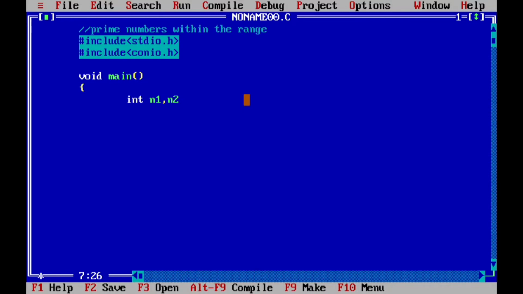These variable names are your wish, but you should follow identifier rules. n1 and n2, comma. I want to use two for loops. For those for loops, looping variables are necessary. So i is the outer for loop variable and j is the inner for loop variable. And we have to count the number of factors for each and every number. If the number of factors is only 2, then that particular number is a prime number, then you have to print